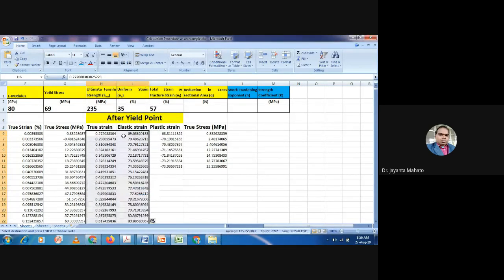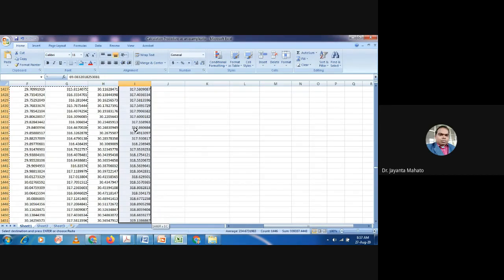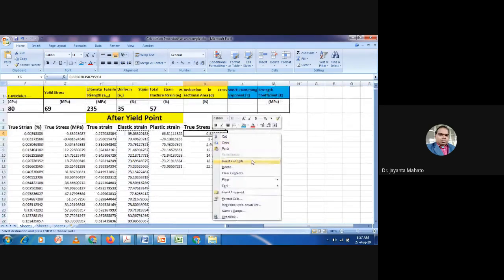Okay, so these values are from yield strength to ultimate tensile strength value, and these are actually true strain, and this column actually true stress. So now this column I am shifting from here to here.